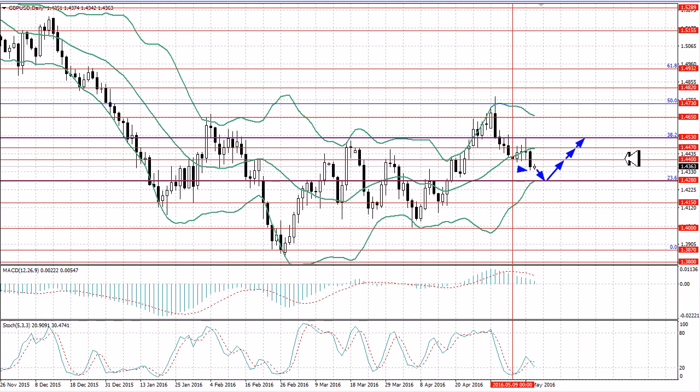Technical indicators suggest a fall in the price. The MACD histogram is in the positive zone and its volumes are falling. Stochastic lines are crossing over and turning down. At present, short positions can be opened from the current prices with the target at 1.4280. Pending buy orders can be placed near the level of 1.4280 with targets at 1.4400, 1.4470 and 1.4530.